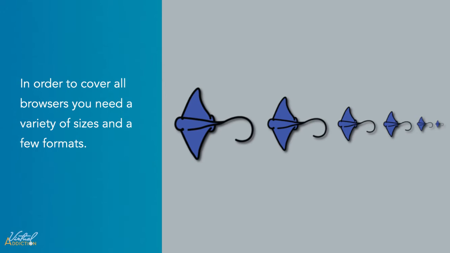In regards to the file format, we generally use an ICO or a PNG file as the favicon image. And like other things in HTML, if you want to cover all of your bases, you should probably offer some sort of fallback content. Let me show you how we can incorporate favicons into a website.